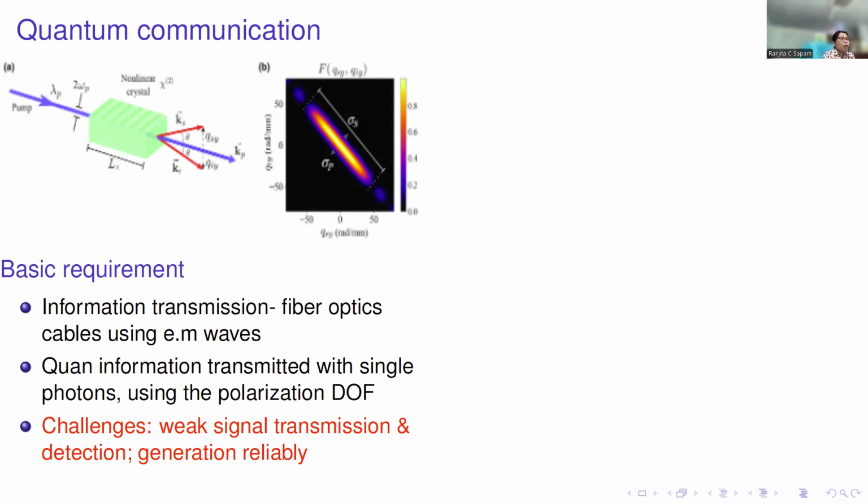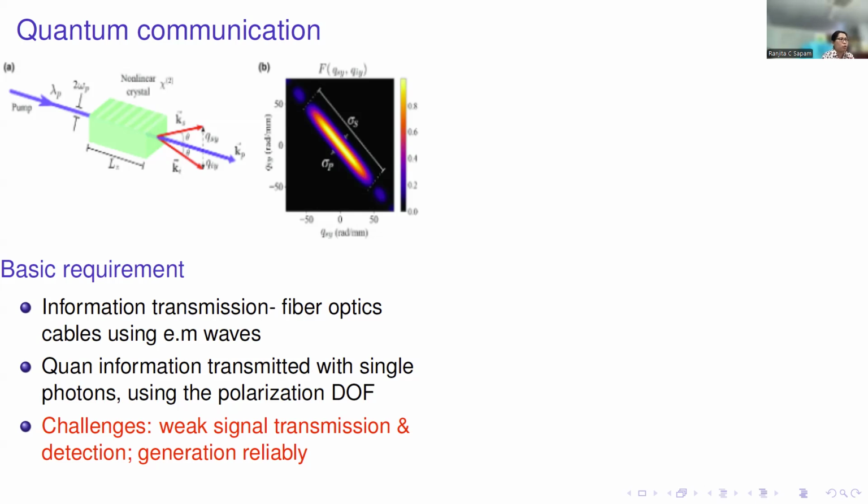Once you have the entangled photon pair, we will use this pair to transmit the information. What this helps us with is that I can read my state in one of the photons and the other state can be transferred. Because they are entangled, they will carry the same information, and I don't need to worry about the other. When I have read one, I can know the information of the other also. It is a very interesting and important property of quantum mechanics, which we are going to use in this communication process.